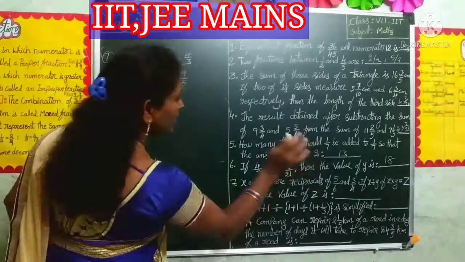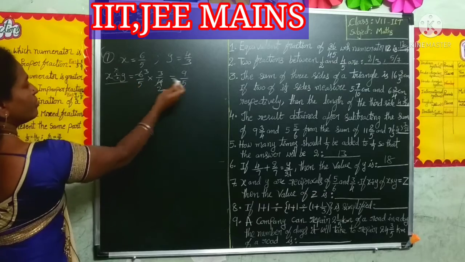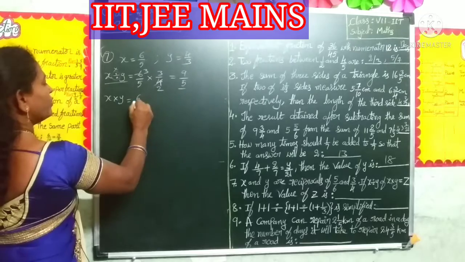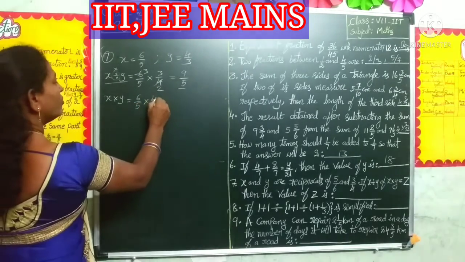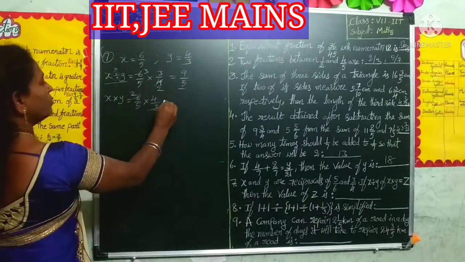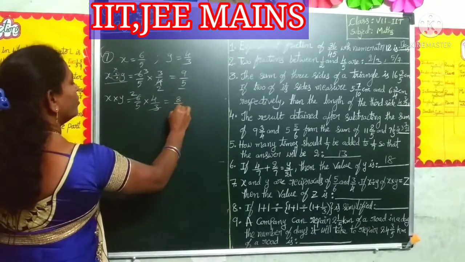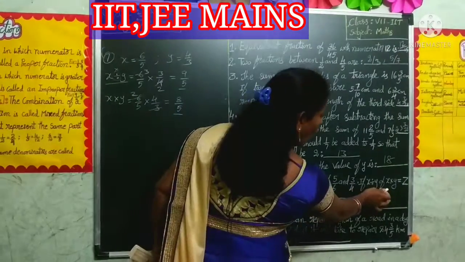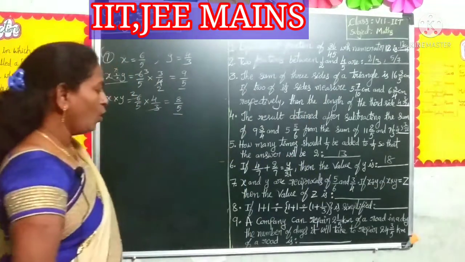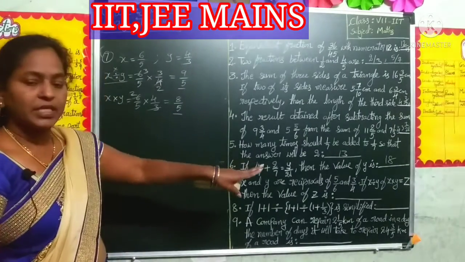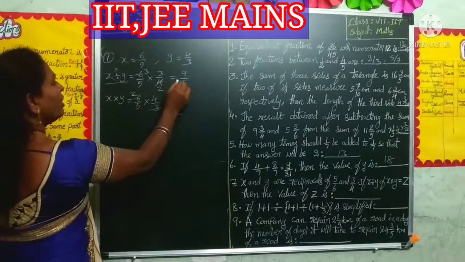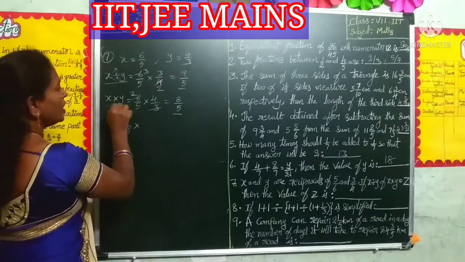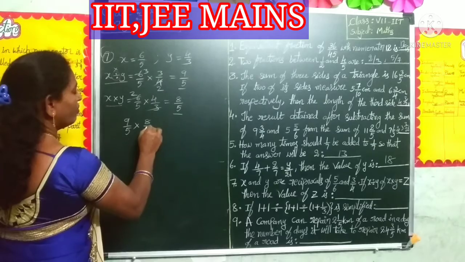And next, x into y value also. This is the x divided by y value. Next, x into y value is x value 6 by 5 into y value 4 by 3. Three table here, two times, means 8 by 5. This is x into y value. What is given here? X divided by y of x into y is equal to z. Then the value of z: of in the sense into means x divided by y is 9 by 5, of x into y is 8 by 5.